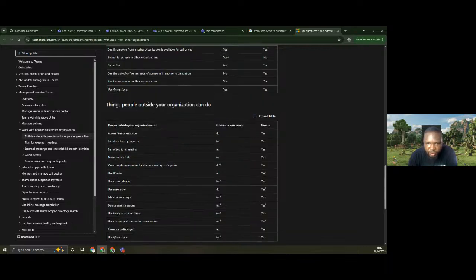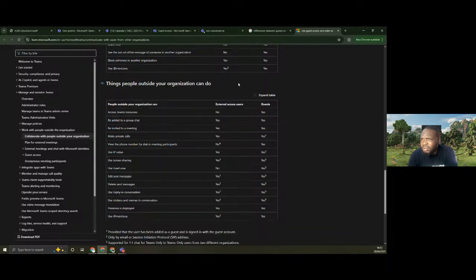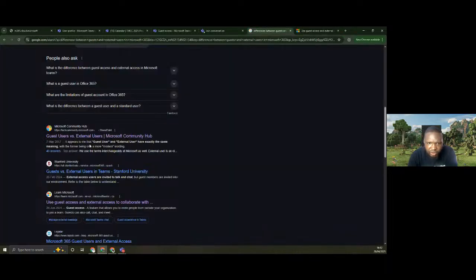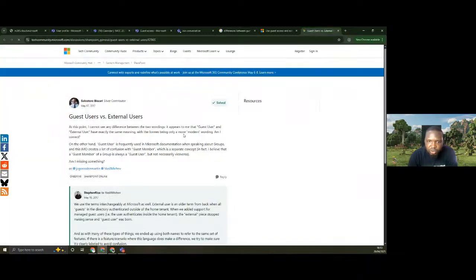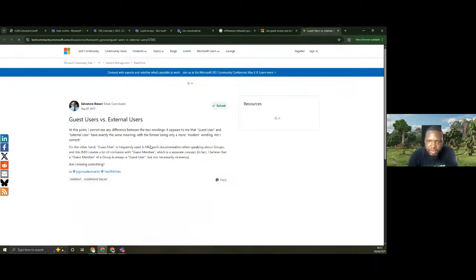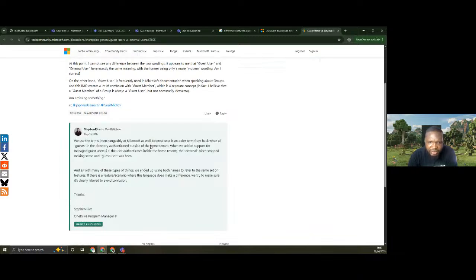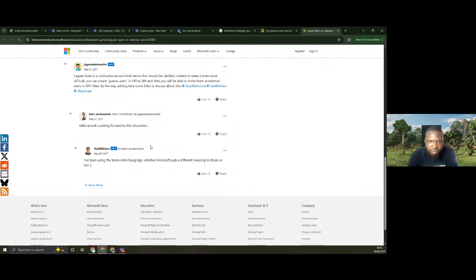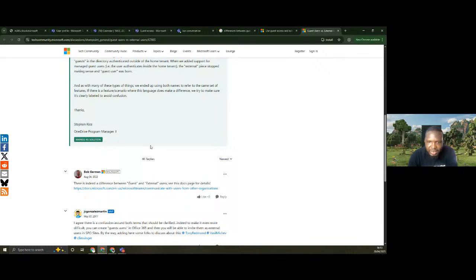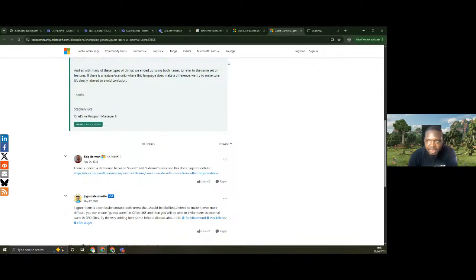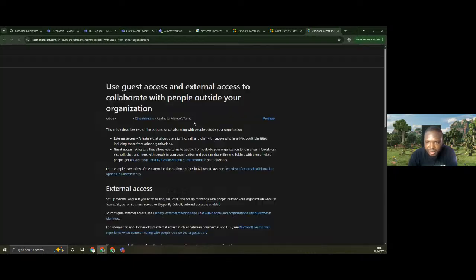So basically, I'm not sure I can lay my hands on that particular document right away, but I know it should be available somewhere here, which speaks about file sharing. If you have a guest in Teams, the option to share files and have the attachments feature is not available for an external user, but it is available for the guest in your environment. That is a very common difference between a guest and an external user.